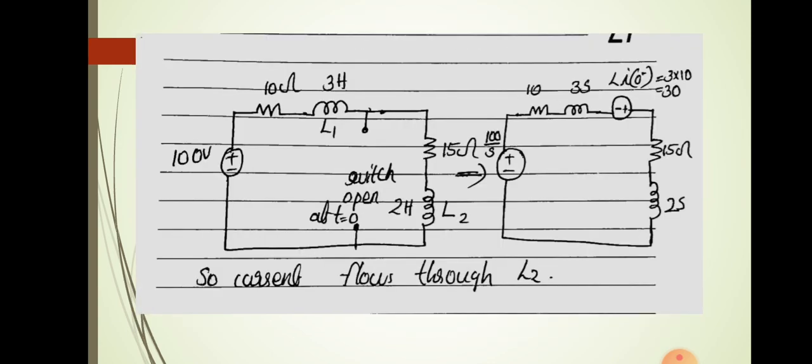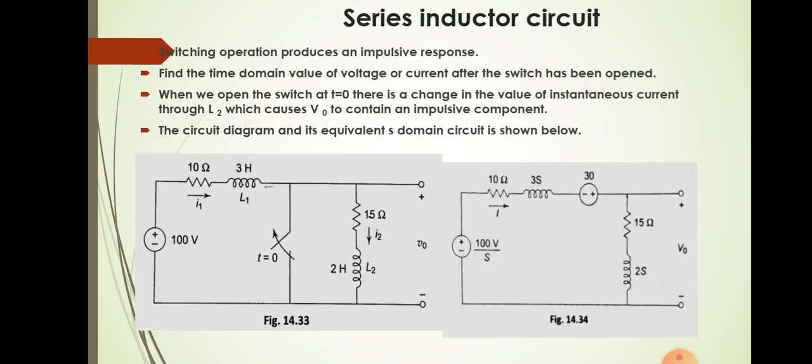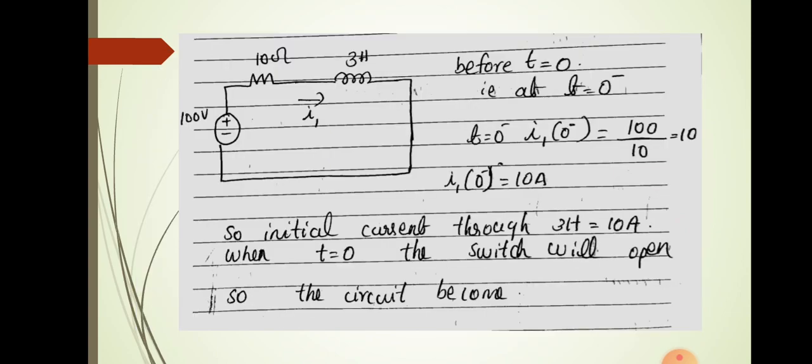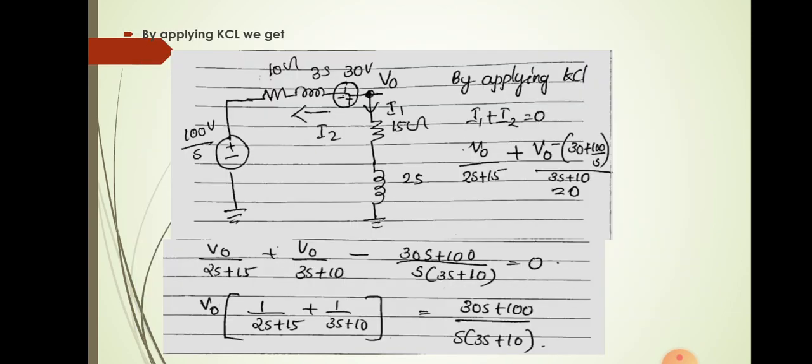Okay, let us see. Here when we are going through this circuit, you know that V0 is the voltage across the series combination of these two. Okay, so if V0 is the voltage across this point, we will have V0. Once you are applying KCL, that is Kirchhoff's current law, to this part of the circuit, first of all you have to mark the currents. So let I1 and I2 be the current flowing outside. So by applying KCL, you know that incoming current will be equal to outgoing current.